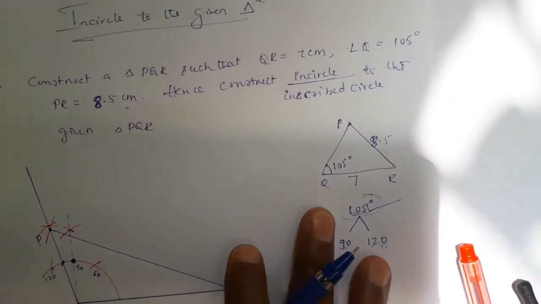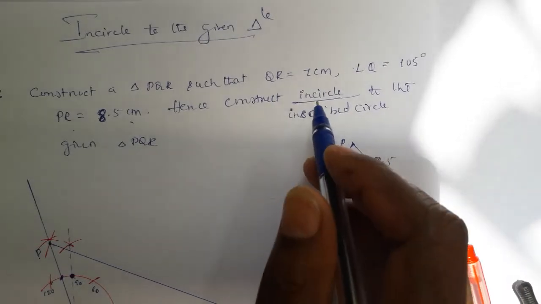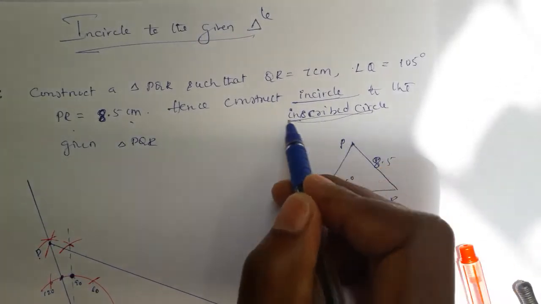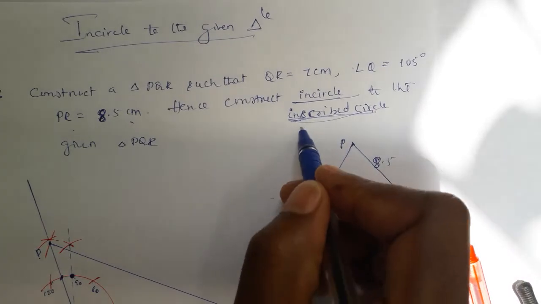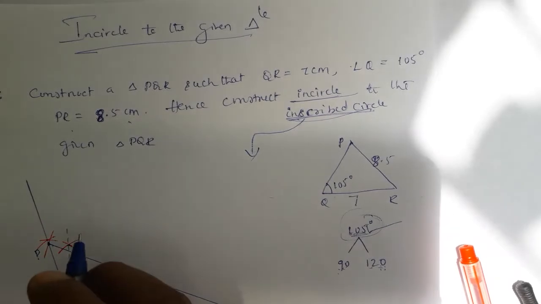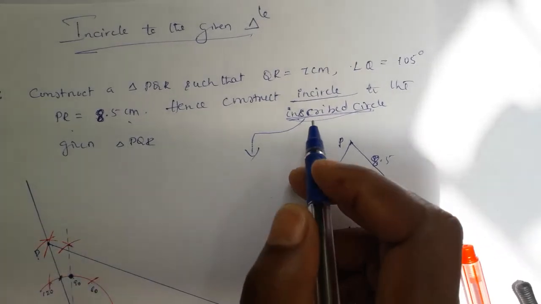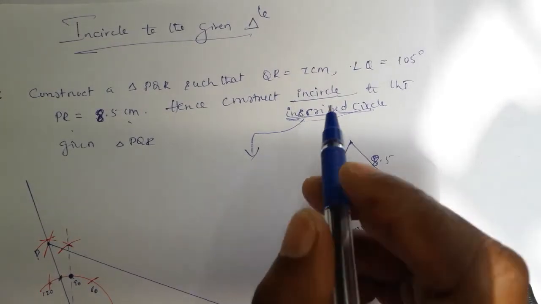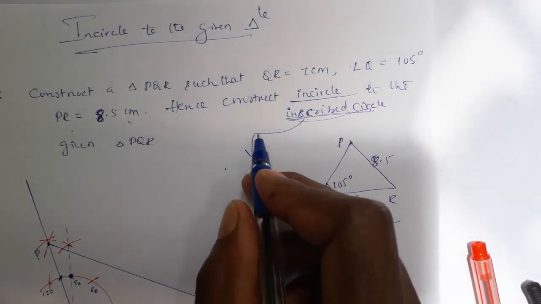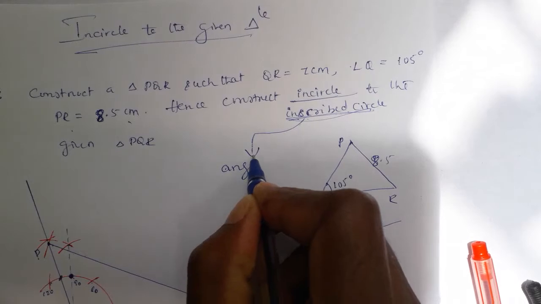The next is construction of incircle. So don't follow the method of perpendicular bisection that we did in the last problem. This is an inscribed circle. Therefore for inscribed circle we should not follow perpendicular bisection. That is wrong. Perpendicular bisection is only for circumcircle, remember. So when incircle is given, we are not following perpendicular bisection, we are following angle bisection.